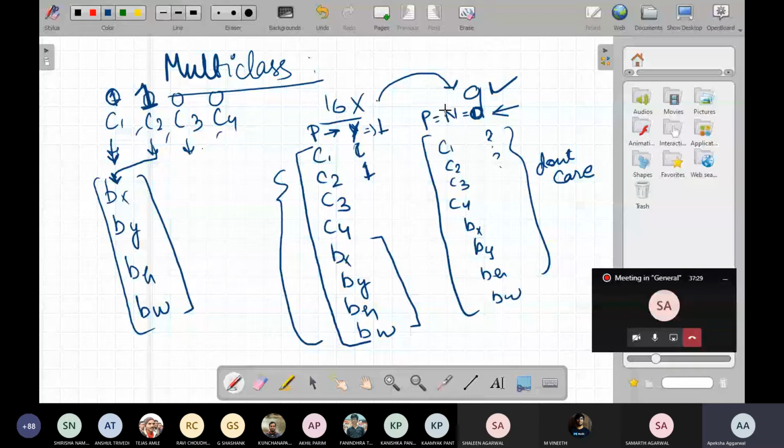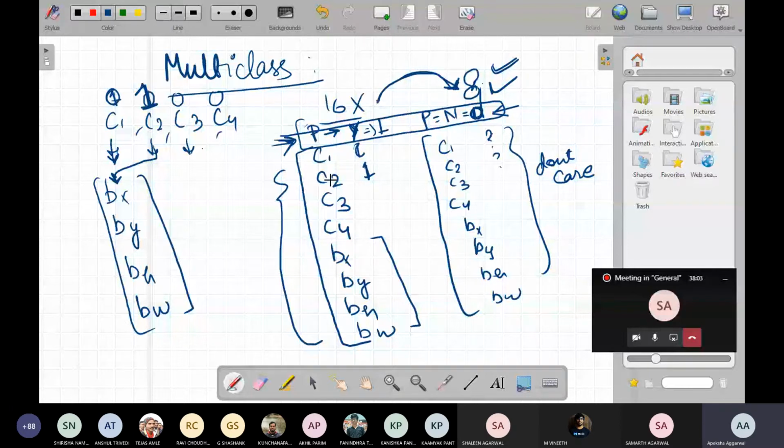I am not sure still, but C4 represents background. But if we have 8, I think it should be done. We don't need this P in that case, because C4 is representing that background itself. Okay, fine. So this is from 16 to 8, I think. Still, I'm not sure, but I think it should work fine for 8.